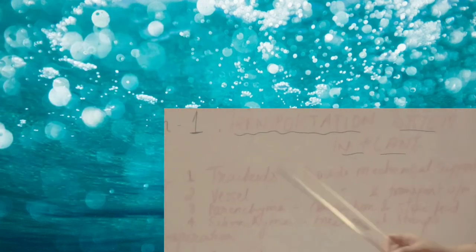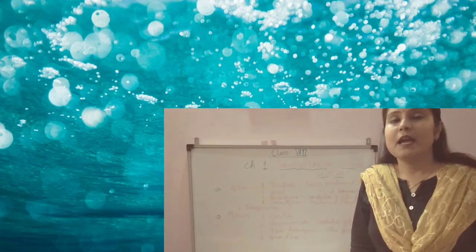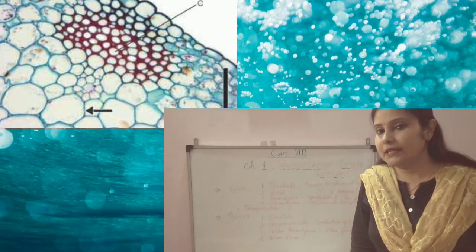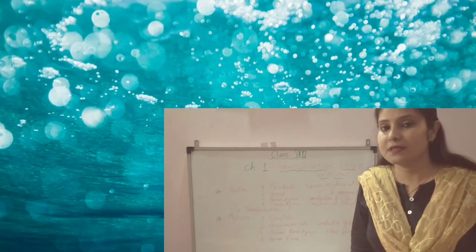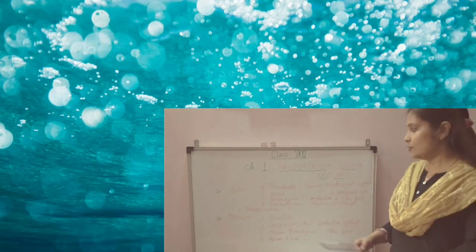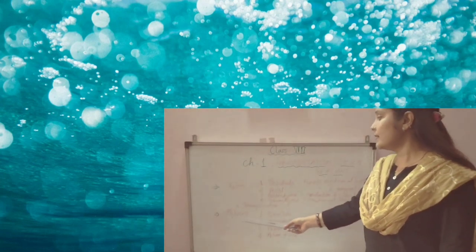Sclerenchyma. As the name indicates, in 7th class also you have discussed that sclerenchyma is a fibrous tissue. Lignin is present there, and these cells are dead cells, dead because of the presence of lignin. So what is the role of that kind of tissue? That is again mechanical strength to the plant. This is all about xylem. Next one is phloem; transpiration we will discuss at last.